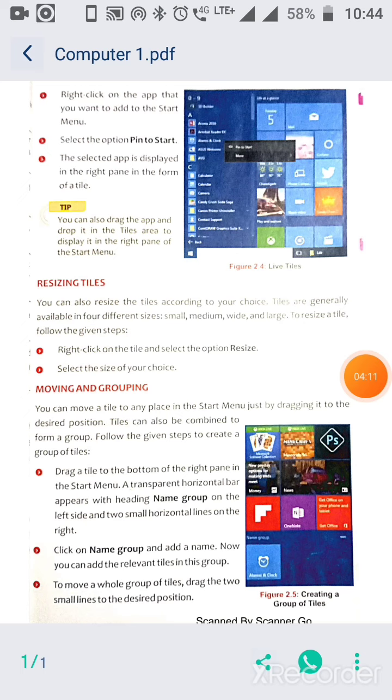Now after clicking save, you can see the PDF for that file has been generated. Now at the bottom of your screen, you can see the share option is given. You can click on the WhatsApp icon and then you can send this PDF file to those teachers whom you want to send this. So that's it. It's very simple. I hope you all will be able to understand and learn something from this video.